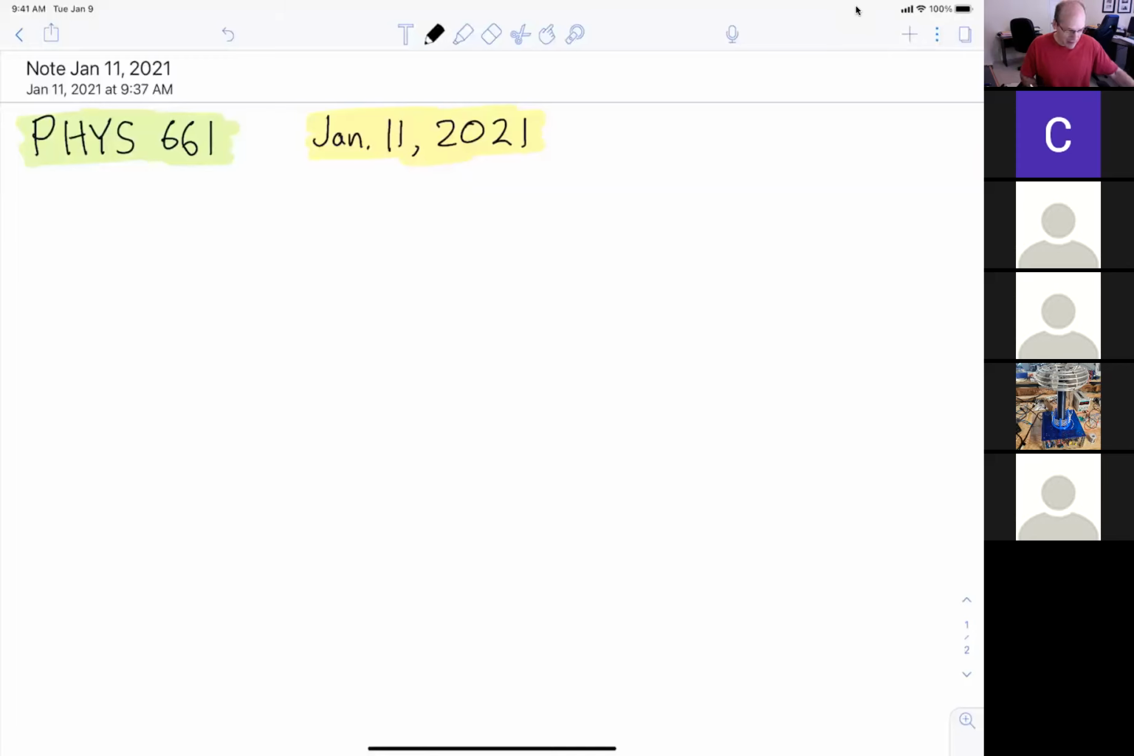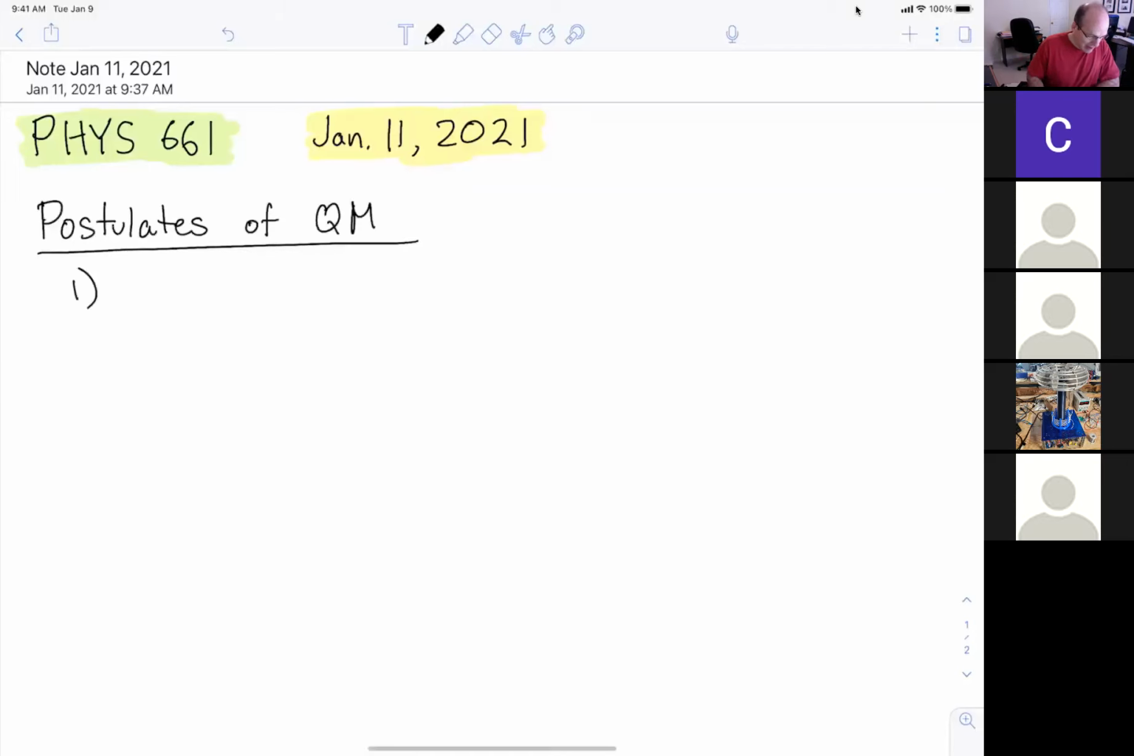Okay, and so by way of review, I thought we would start by remembering what the postulates of quantum mechanics are, with some additional commentary perhaps in places now that we know something about applying them. Okay, so the first postulate has to do with what's the state of a system. And the state of a system is represented by and associated with a non-null ket, which we might call psi,